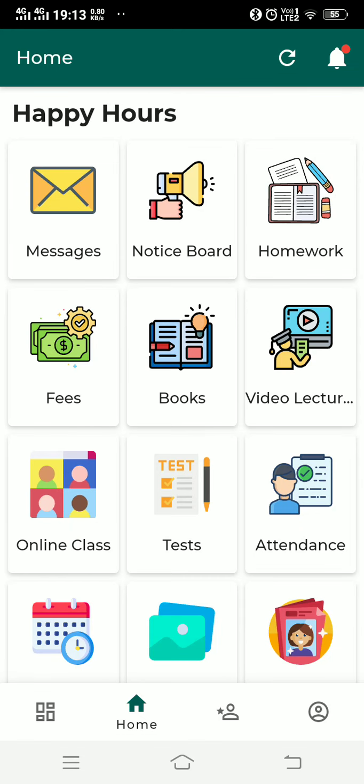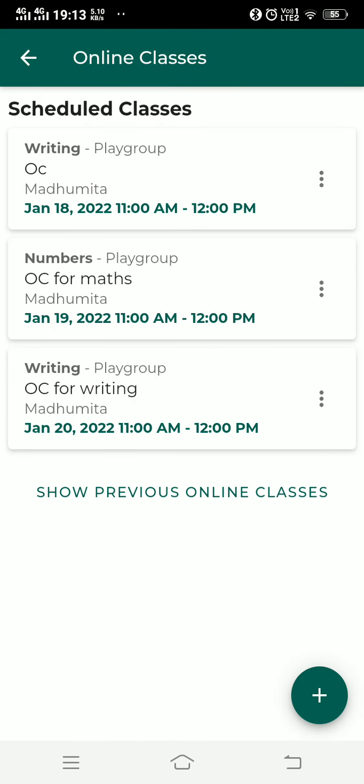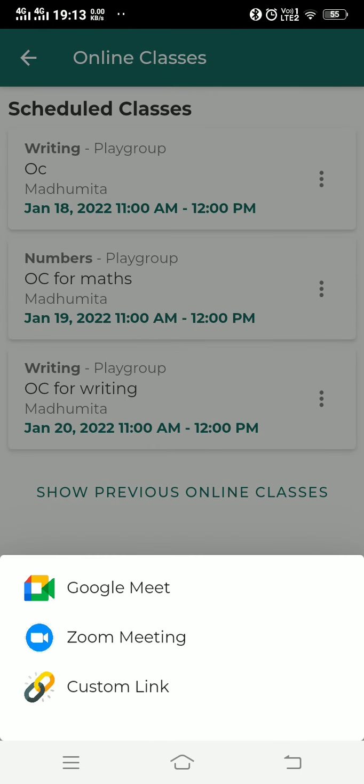If you click on the online classes feature of Intract app, you will first have to select the classroom. From here, you can see the previously scheduled classes for the particular classroom. If you want to schedule a new class, click on the plus sign at the bottom right corner and select